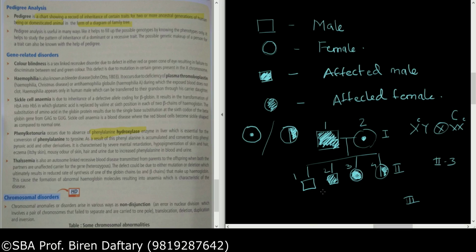Okay. Now, suppose I want to show that this son is married to another female, then how will I show that? It's very simple. I will show a female over here and I will show a dash. But this female is not the daughter of these two, so I am not going to include her in this. Okay, are you clear? And then again I will draw a line and show their offspring. So this is called pedigree analysis.